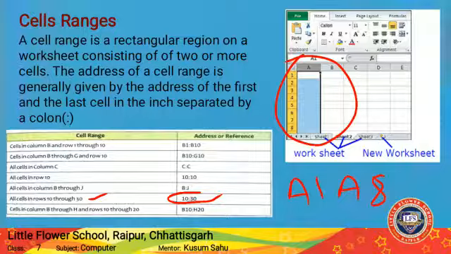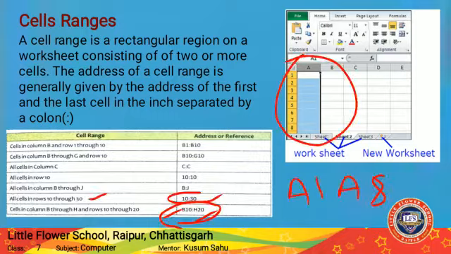Cells in columns B through H and rows 10 through 20, means cells of column B up to H and from row 10 to 20, we will write like this. So it indicates the cell range. By using these terms we will represent the cell range there.